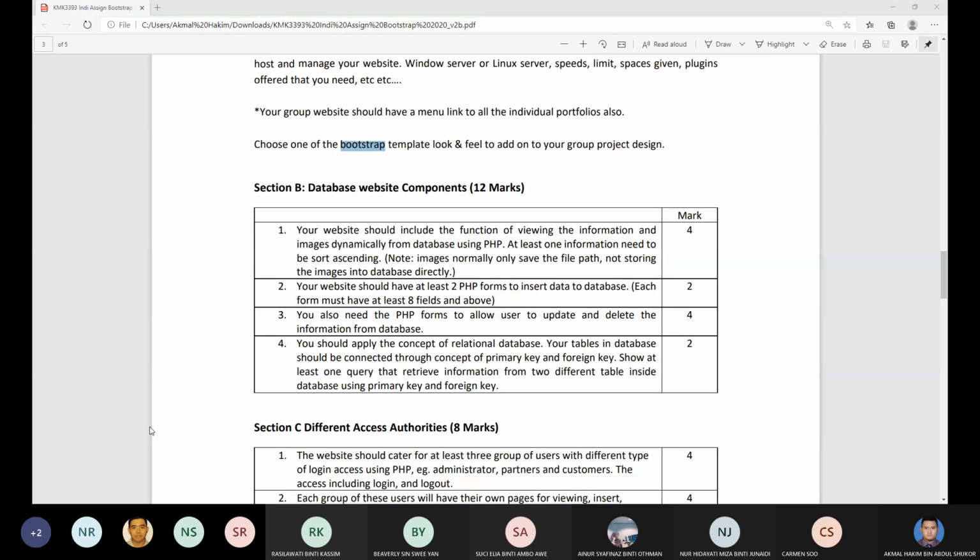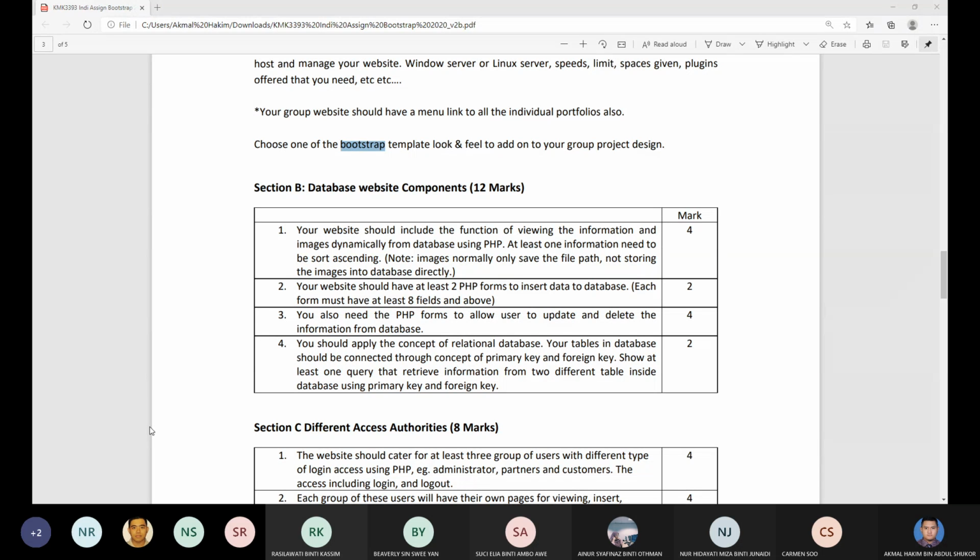So input fields, okay, so we can think of two PHP forms. For example, login, right? Your login information. And then when login is done, what else can you do? Login is at least eight input fields you have to write. And then the other PHP form I can recommend is your